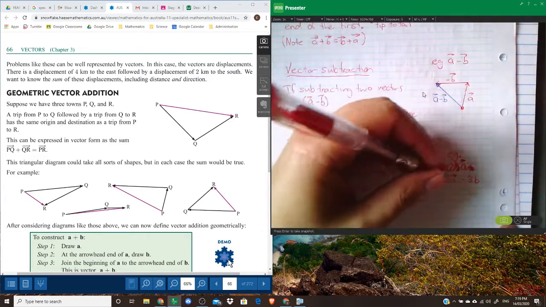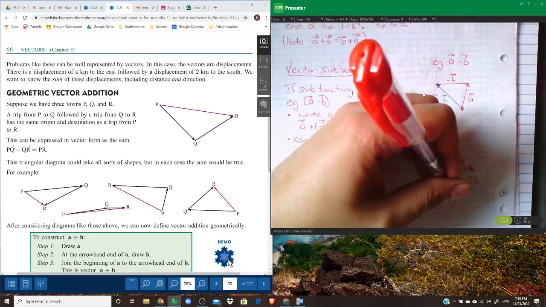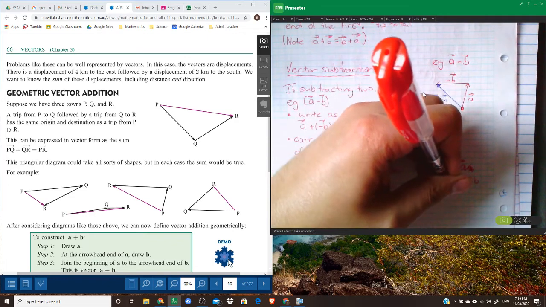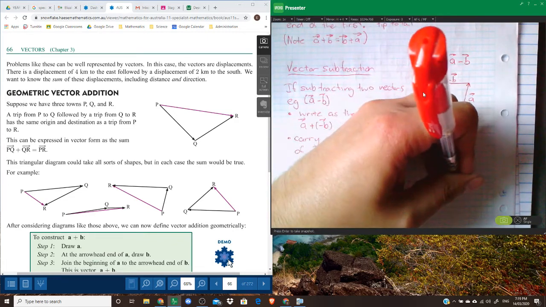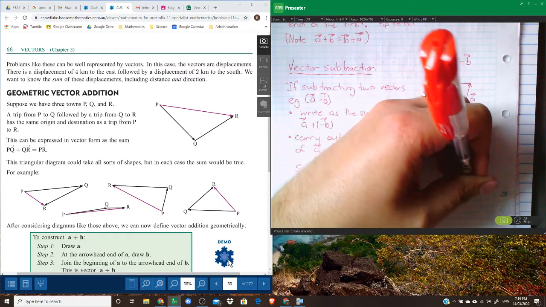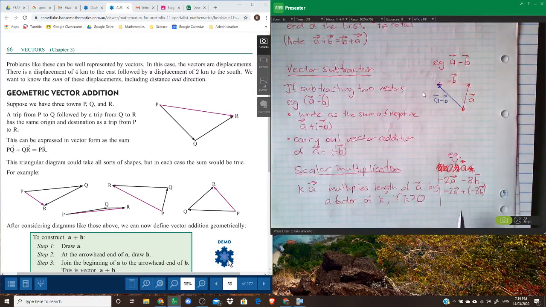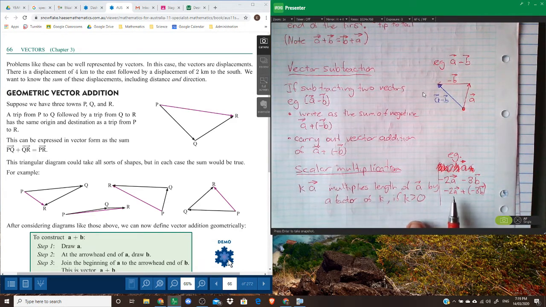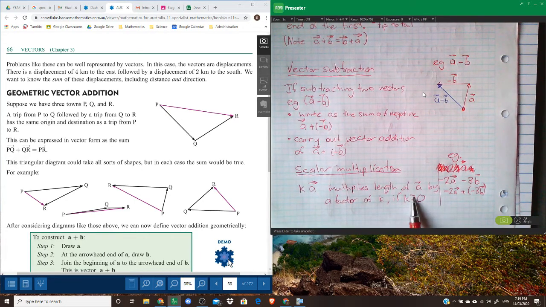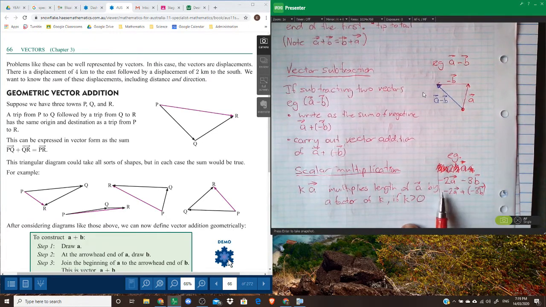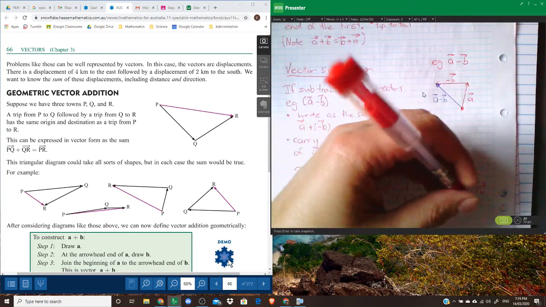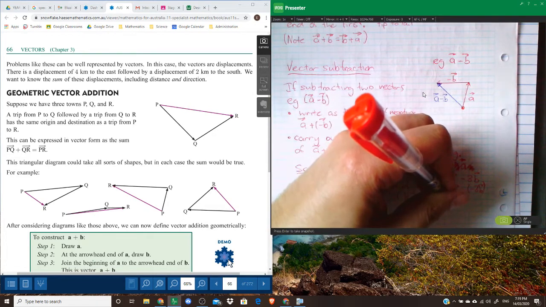Well, think of it this way. 2A minus 2A plus negative 3B. Well, I'm going to draw a vector that is now kA, which multiplies the length of A by a factor of k, so this is going to double the length for k equals 2. Just a reminder that the negative changes the direction. So I'm going to go, if I started here,